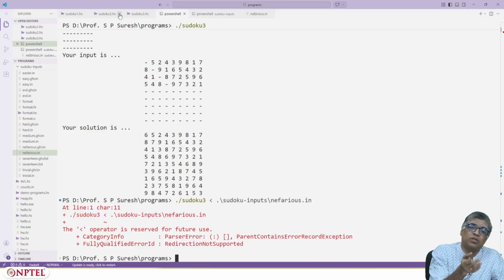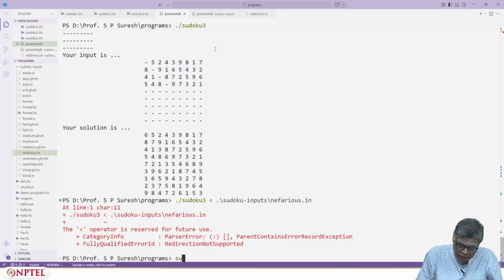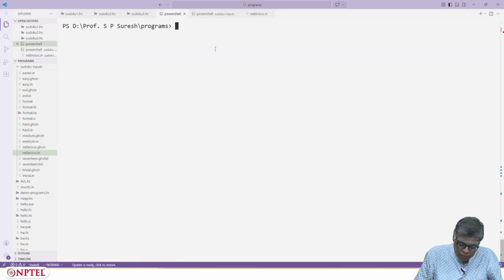This is how I would do it on a Mac or Unix, where I would do input redirection, but I haven't figured it out in Windows yet. So I'll have to painstakingly write all these entries down. Let me just do one final thing, and then that would be the end of the lectures.